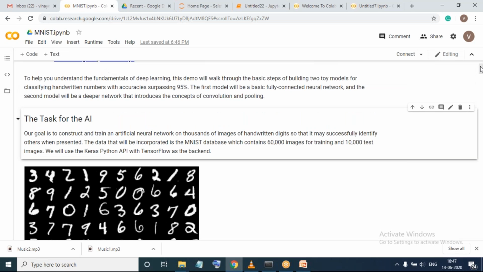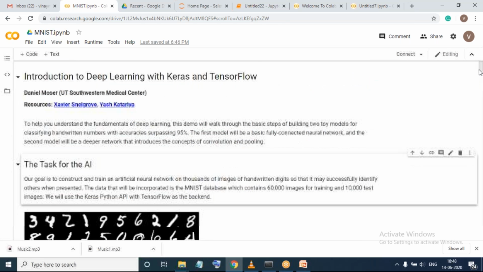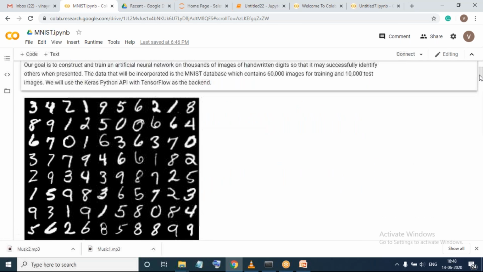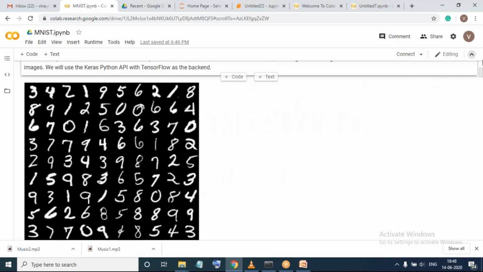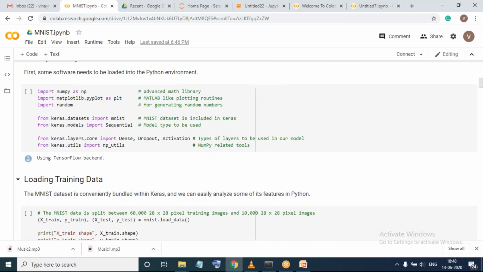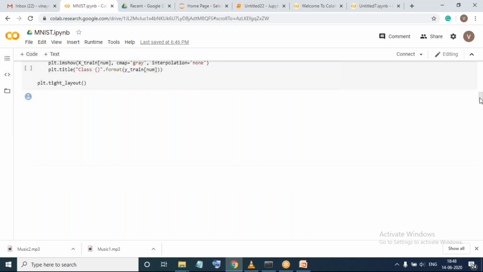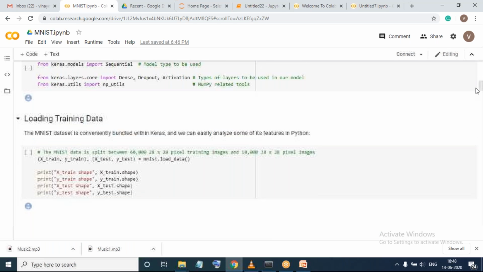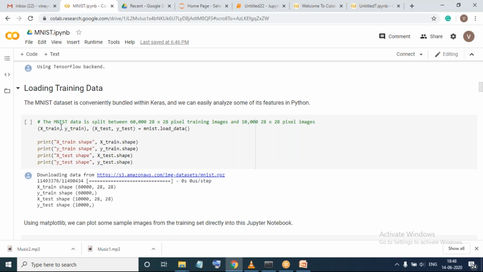Now, friends, this whole notebook has been done with the help of Keras and TensorFlow. This is the data set which you can see. This is where we have imported all the various libraries which we would require to execute this code. And going forward, the next very important step is where we have loaded your training data. We have two types of data: one is training data and another one is test data. So we have loaded both training data as well as test data. You can observe here we have made two things, train as well as test, with the help of the same MNIST data set.